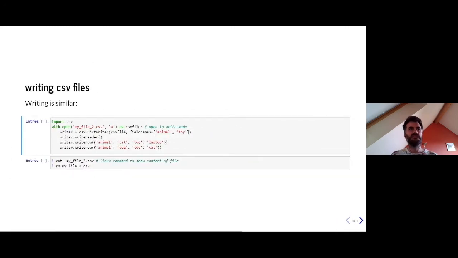So let's continue with this module on the write mode. So in this case, I also import the CSV module. I open the file with the context manager, but I use the W argument of open, which tells you I want to open the file in write mode to write in it. And then I create a writer object by using the csv.DictWriter function,